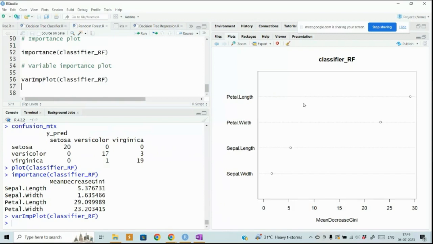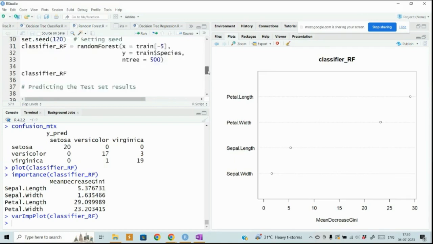So from here, I have completed the task. What I have done here is take data from the iris data, and with the help of the iris data, I have predicted the three types of species, whether it is setosa, versicolor or virginica, based upon sepal length, sepal width, petal length, petal width. Then I have seen which feature has more importance in this classification criteria. So this was done from my